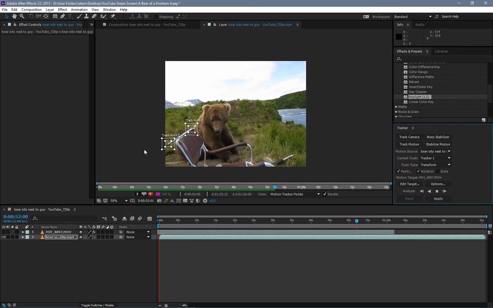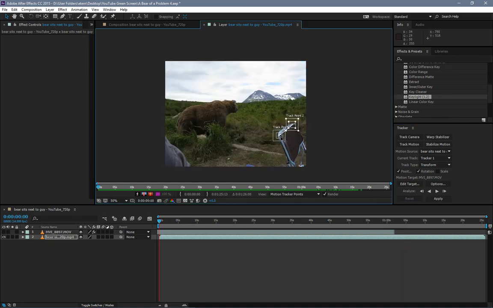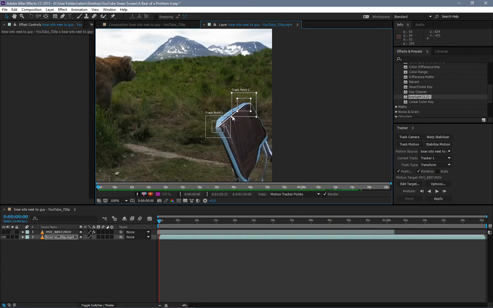So now you can see this tracker actually went way off the reservation here. And the reason why is because it kind of sort of went off the page. So I'm going to stop it, and I'm going to undo, and I'm going to zoom in, and we're going to move that tracker a little bit here so that it doesn't do that again. So I'm going to move this one here. I'm going to bring this one in a little bit, and just hope that it doesn't go off the page